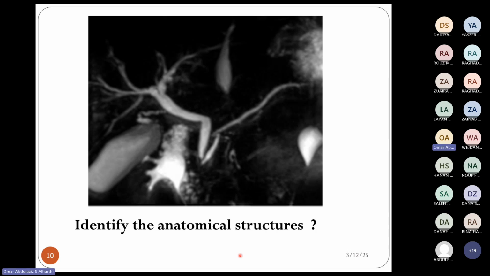It's magnetic resonance cholangiopancreatography, right? So it's magnetic resonance, which means it's an MRI. Cholangio means we image the bile ducts and bile system. Pancreatography means that we image the pancreatic system, all right? So which makes this structure